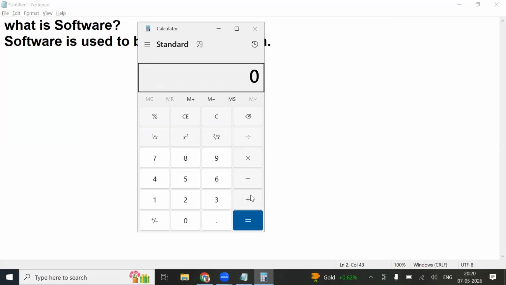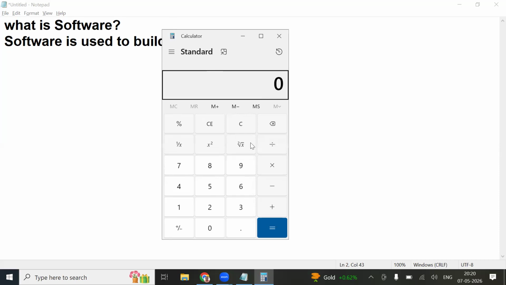Adding two numbers is a rule. Subtracting two numbers is a rule. Multiplying two numbers is a rule. Dividing two numbers is a rule. Am I right or wrong? So combining all the four rules, I am building a single application so that I can perform all the rules. Without having these rules combined, can I create a calculator application? Is it possible or is it viable?